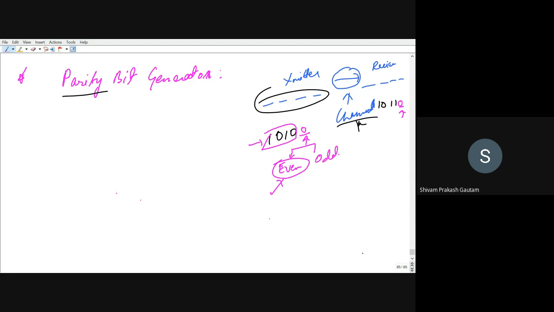Now when you apply a parity checker for even parity, you can see that the number of ones has become odd. From here you can detect the error and say that this data has an error. We have also seen how we can correct the error, but right now that is not part of our discussion. We have already seen that parity can be of two types, even parity and odd parity. I hope all of you are able to recall what even parity and odd parity are.